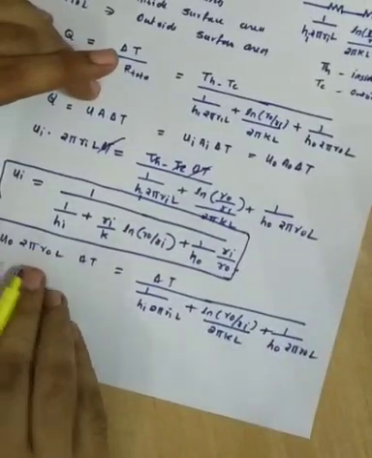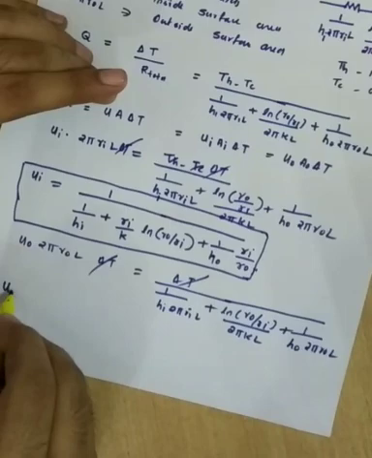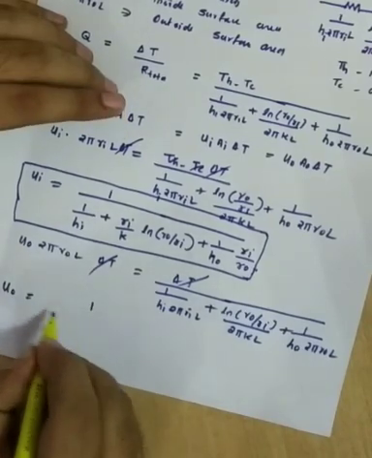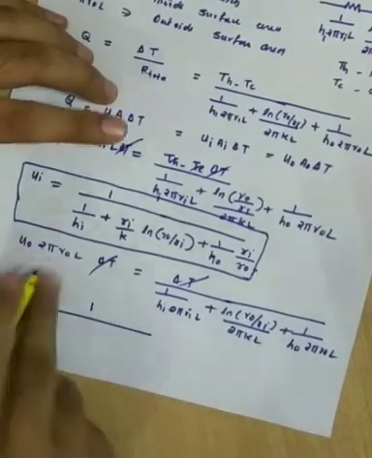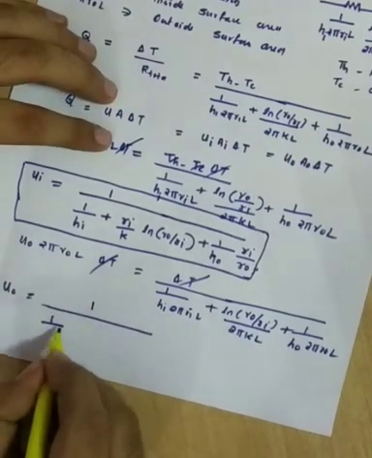So taking 2 pi RoL to this side, delta T cancels. So Uo you will be getting as 1 by 2 pi Ro, 2 pi RiL. So what is remaining? 1 by hi